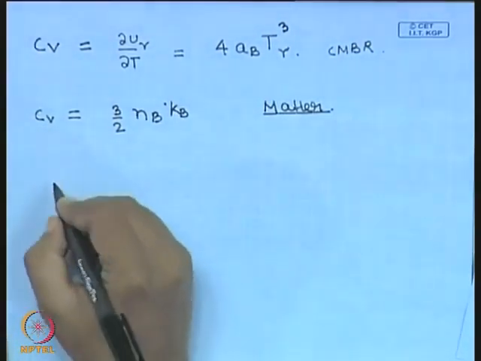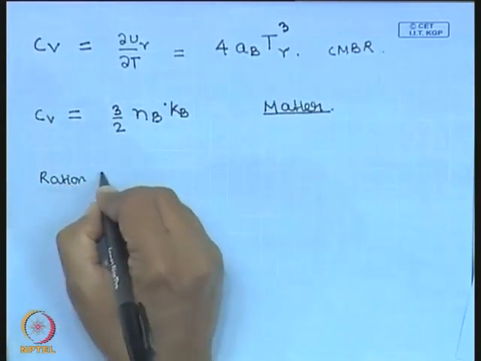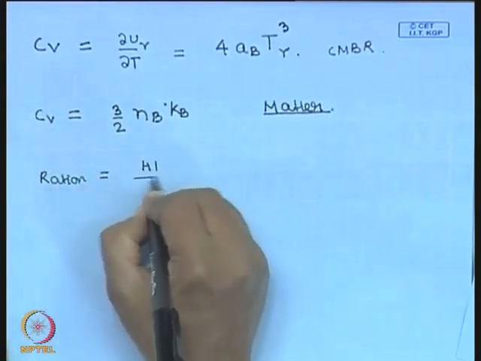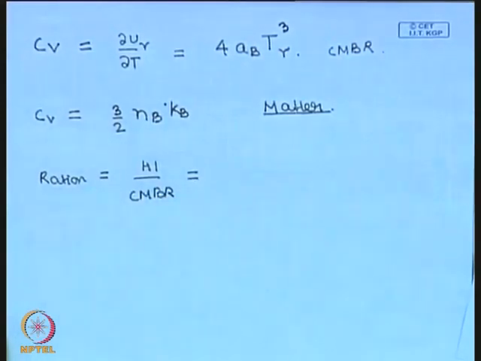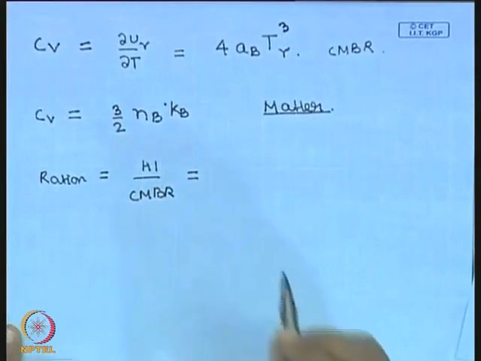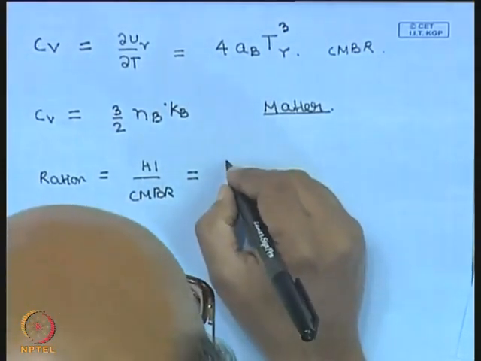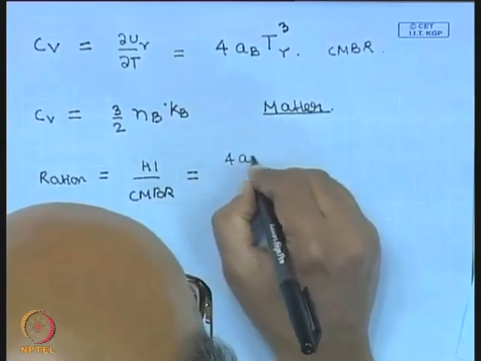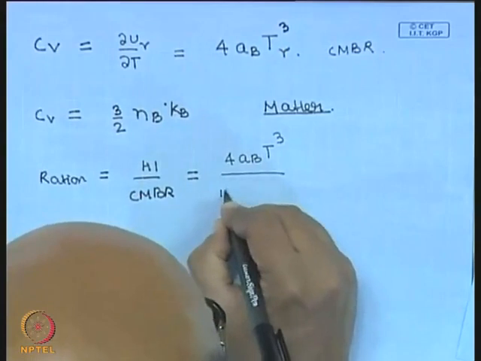So, the ratio of these two, for hydrogen and CMBR, is equal to, sorry, other way around,